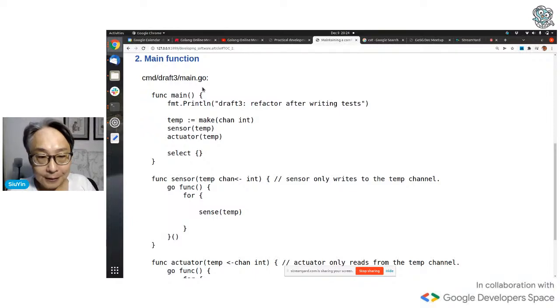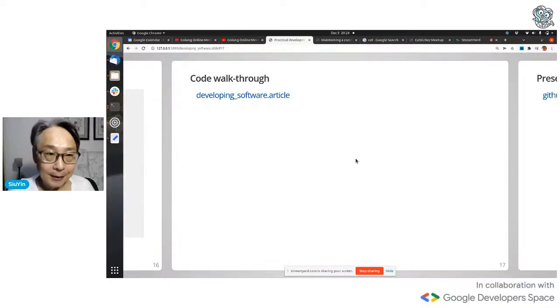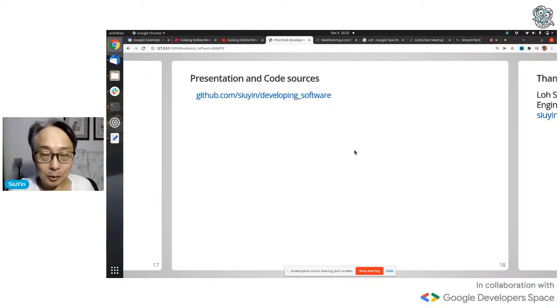Right. So let's get back to my slides. So that's my code walkthrough. This code is available on GitHub. This presentation itself is code. Let me show you.